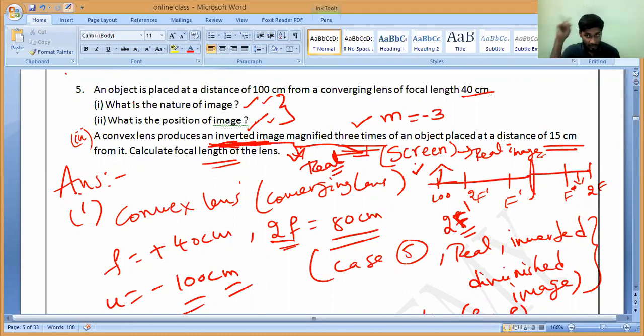Is it yes or no? First I have taught you the differences between virtual and real image. A virtual image is not possible to project on a screen. A real image is possible to project on a screen. So that is why, for a real image, you should remember it may be inverted and also they will give you a screen. Is it okay?